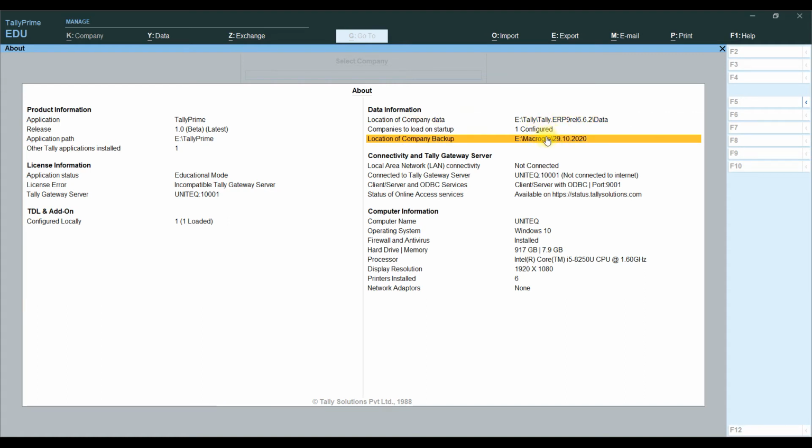Next, it will display the complete information of your computer: computer name, operating system, antivirus and firewall, hard disk and memory size, processor, screen resolution, printer drive status, and network card or adapter. All this information is very useful for managing our Tally Prime product and for our disk space and data management purposes.